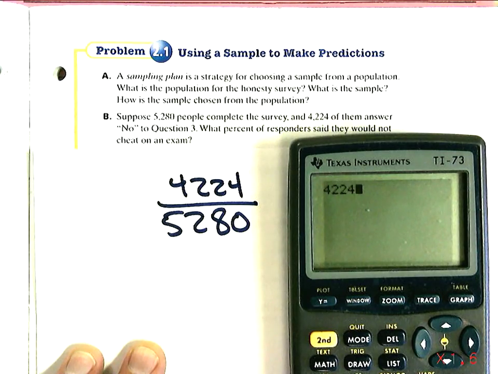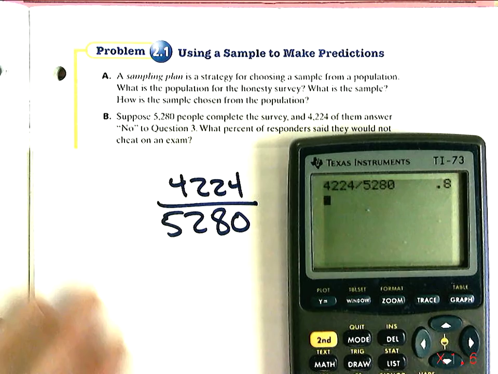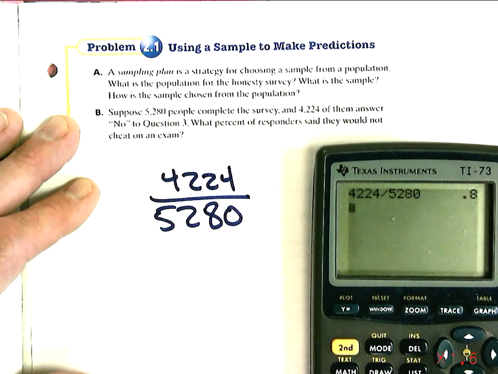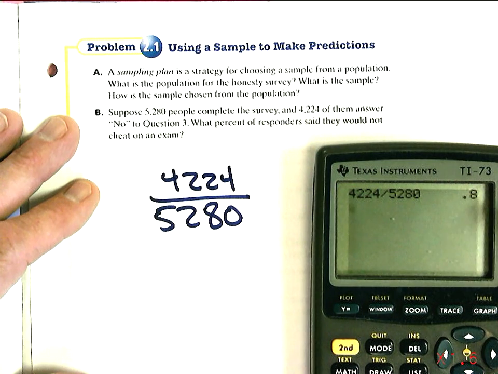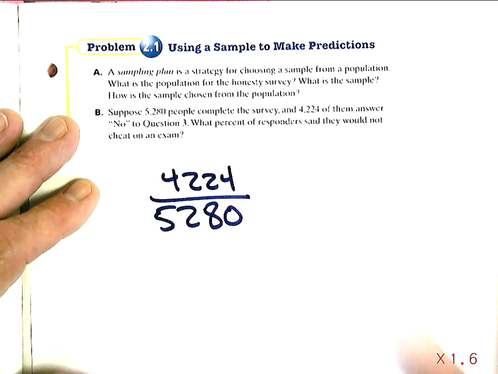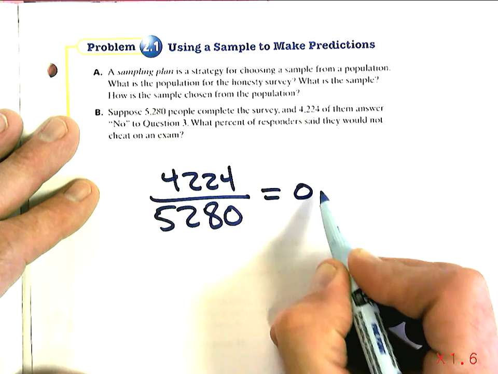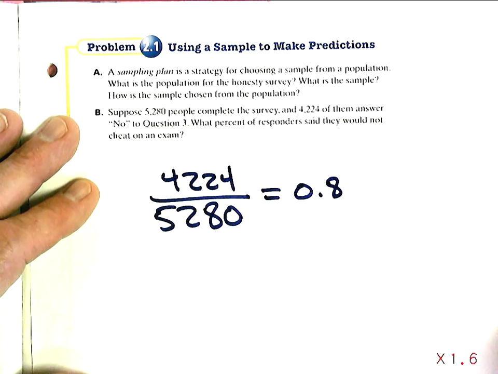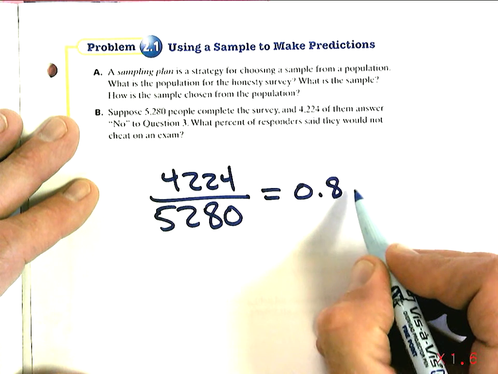4,224 divided by 5,280, and we're going to get a decimal answer. Anytime you're trying to find a percent, it's a per 100, so we're really basically saying 8 out of 10, 8/10. That's what that decimal represents. And so that equals 0.8. But I need to change that to percent because that really represents